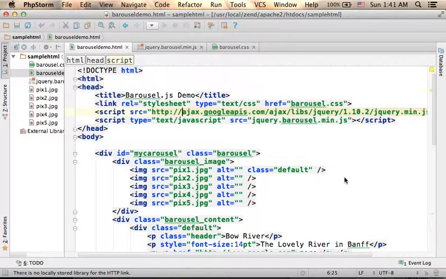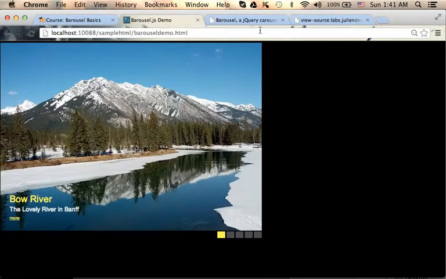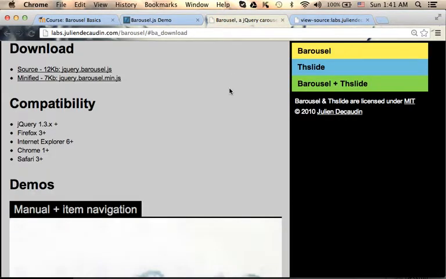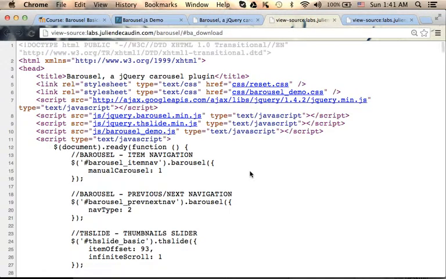This is a simple code sample for using Barousel. Getting the Barousel library is fairly simple. Just visit the Barousel official website and download the JavaScript file. Getting the CSS is a bit tricky, so I suggest you just take a look at the page source and find